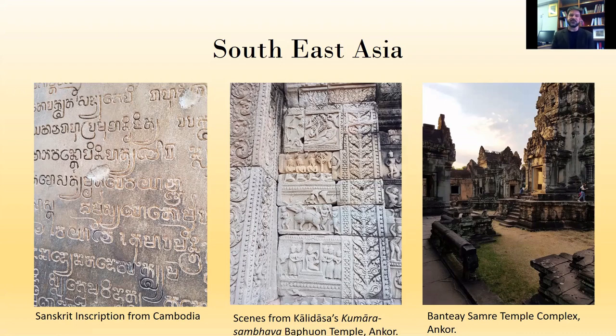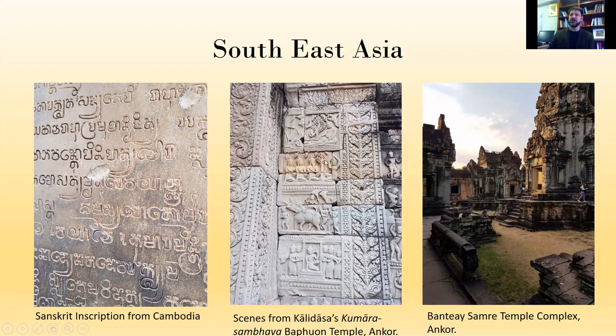So these are very Sanskritic names. It was dedicated to Shiva. And all of the surfaces on this temple are intricately carved with scenes from Hindu myths. And here we have a series of scenes from a great Sanskrit poem known as the Kumara Sambhava by Kalidasa. So this is the love god Kamadeva, and then he's killed, incinerated by Shiva, and then his wife Rati is